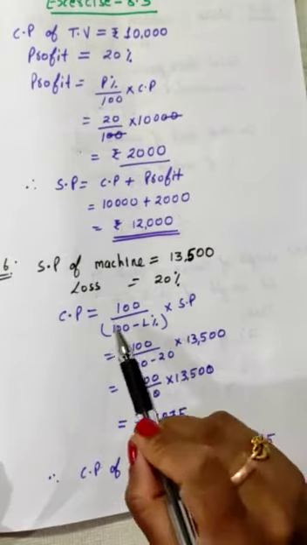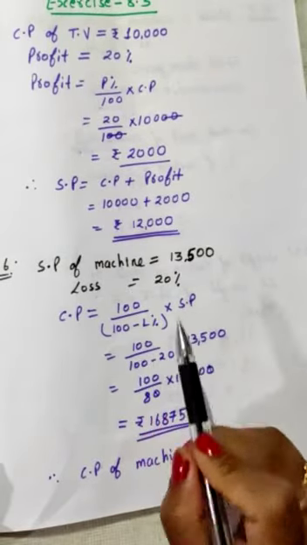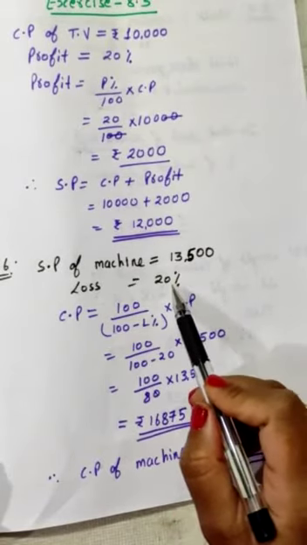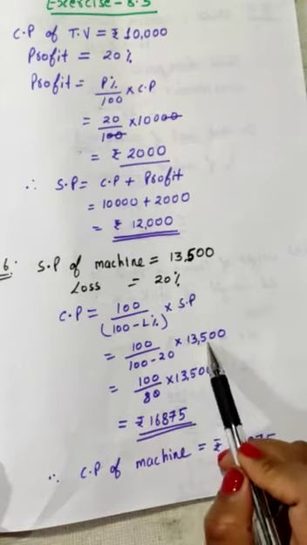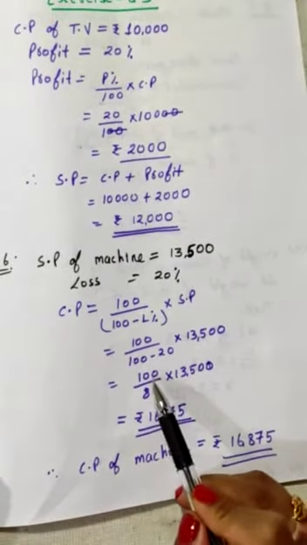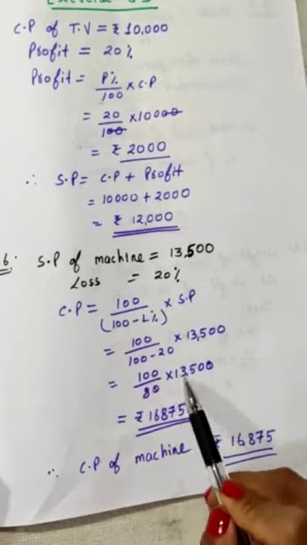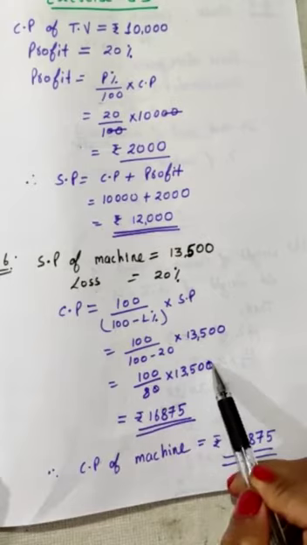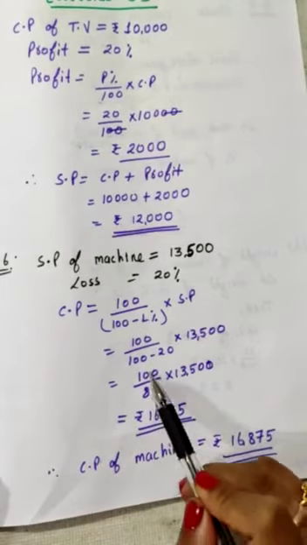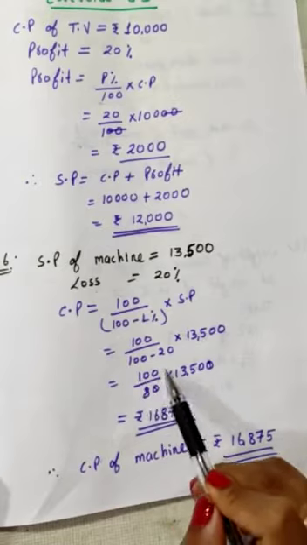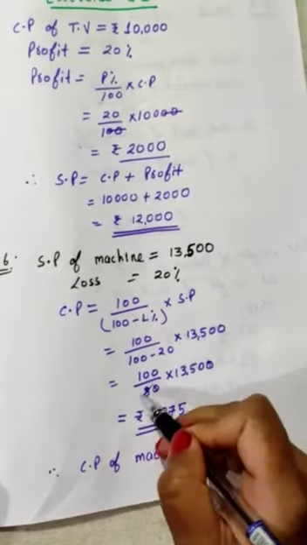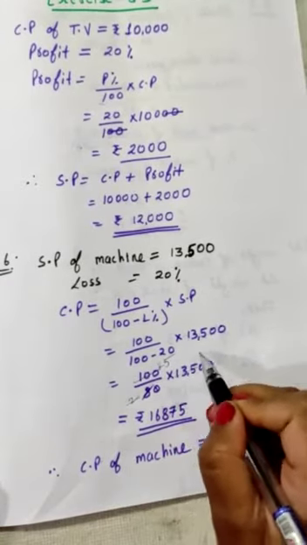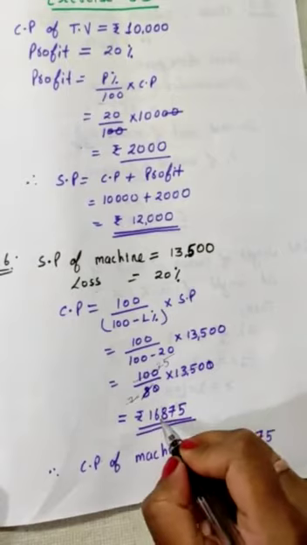When profit is made, it will be 100 upon 100 plus profit percent. So you have to put the values now: 100 upon 100 minus 20, because loss was 20%, into 13,500. Now it will become 100 upon 80 into the same amount, 13,500. So this is just cancellation, 0 and 0 get cancelled, and then you simplify by dividing by 4. 4 2s are 8 and 4 25s are 100, then 2 1s are 2. You will cancel this and multiply those two. You will get the answer as